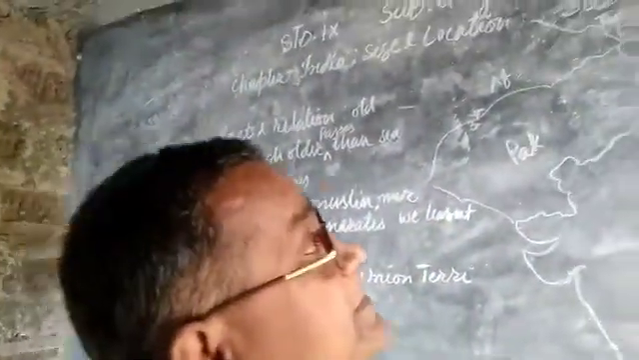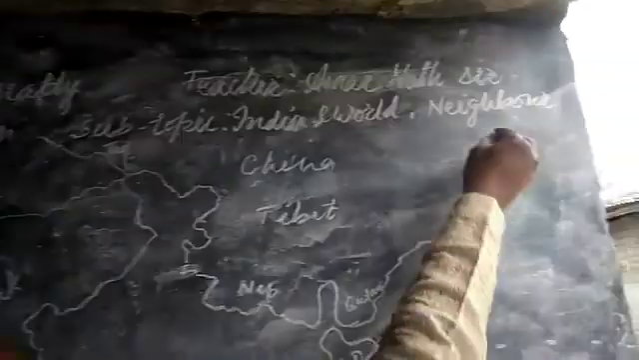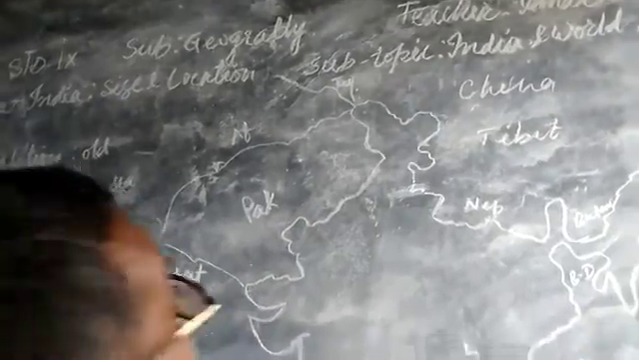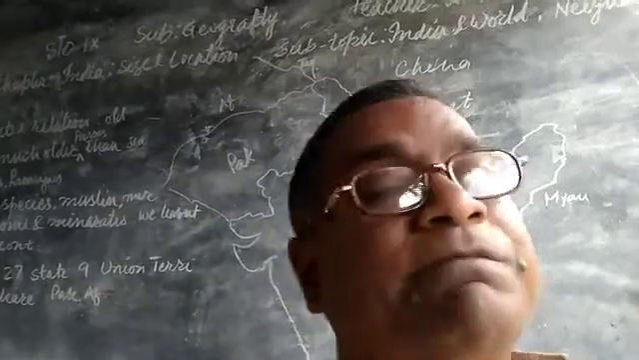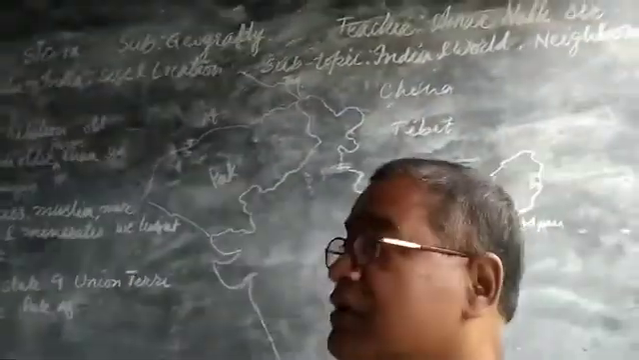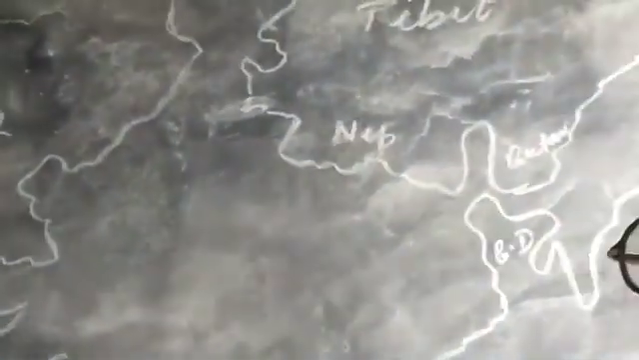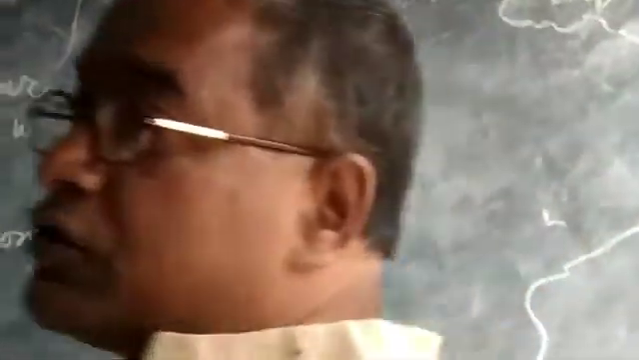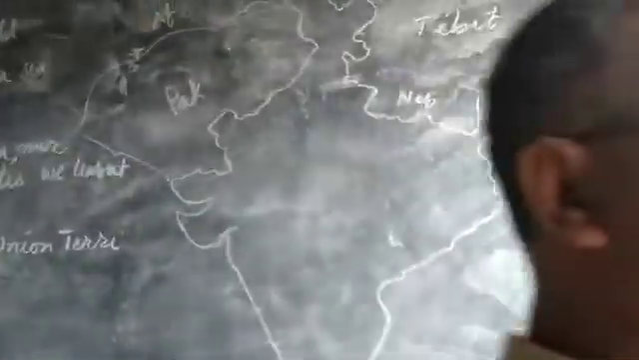and the subtopics are India and the world, and India's neighbors. Okay? India and the world. Already you understood that our country India is situated in the continent of Asia, especially in the southern parts of this continent. And it is not only situated in the southern part, but it is situated in